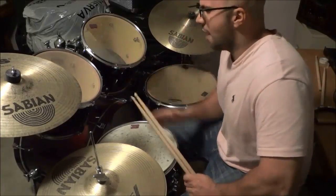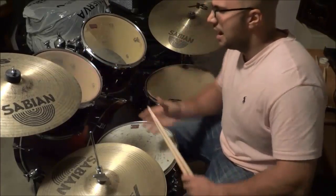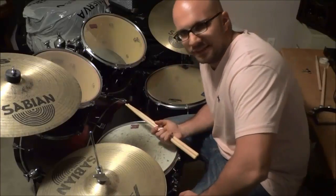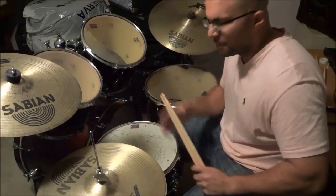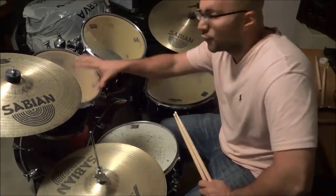Now, please don't comment on the tuning of the drums or the fact that the heads need to be changed. You know what, I haven't played on this kit in a while, and it's just as simple as that. I will be tuning them and changing the heads very shortly. But for the purposes of this video, I just want you to focus on the tone and the overall tuning